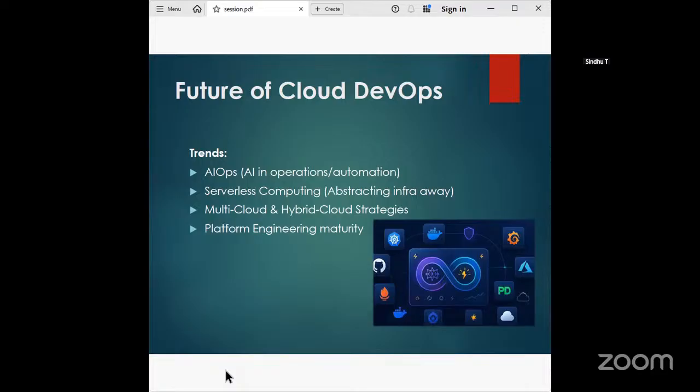So as I said before, multi-cloud is a single organization using multiple services from different providers. The hybrid cloud strategy is the combination of public and private. In public cloud, we can easily scale up and down, but it is less secure. In private cloud, it is limited. So we can't suddenly scale up and down the resources as per the user need. So we merge public and private cloud to get the hybrid cloud strategy. These are some evolving future trends.